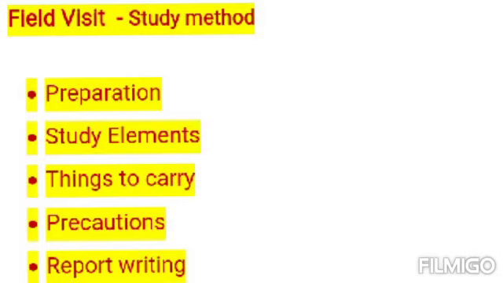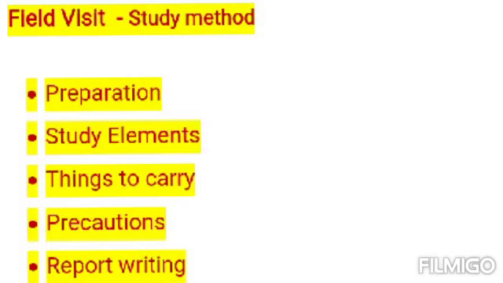Which elements are we going to study? Is it physical landforms, river banks, dams, coastal areas, tourism sites, offices or museums, villages, forest areas, etc.? So that we have to decide. And suppose it's a dam area, then remember we have to take prior permission. We have to write a letter to the authority of that place. Without that permission, you can't go for a field visit to such places, right?